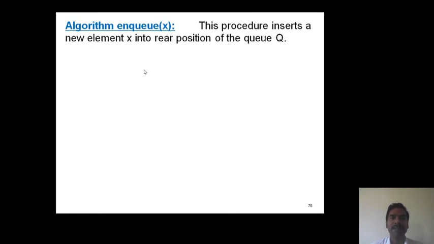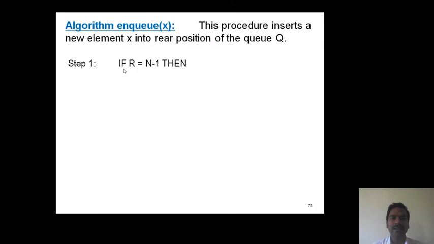Now observe this algorithm. Algorithm enqueue of x. This procedure is used to insert a new element x into the rear position of the queue. Step 1, first we check whether the queue is overflow or not.